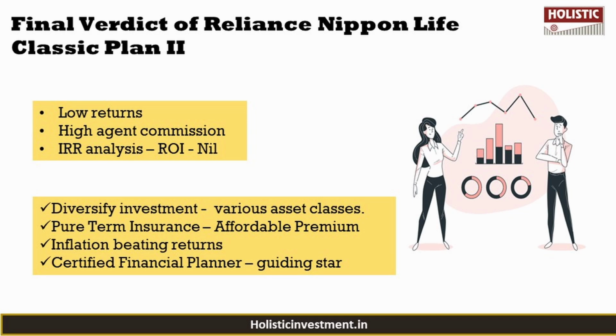As you can see, this policy aims to address two key aspects: investing for life goals and providing financial protection for your family. However, the insurance coverage, which means the sum assured offered under this plan, is insufficient to meet your family's future needs. Additionally, the premium charged for this coverage is significantly higher than that of a pure term life insurance policy. So the excess premium is allocated to market linked investments with a maturity value paid to the policyholder. However, a deeper return analysis from this video reveals that the potential returns are underwhelming for a long term investment, primarily due to high charges, and this policy also has a high